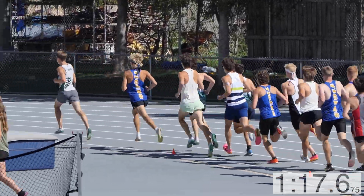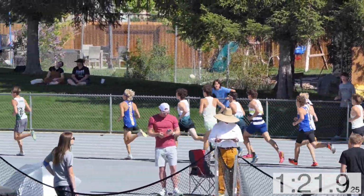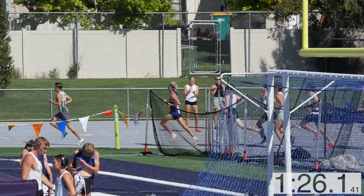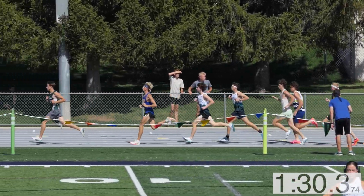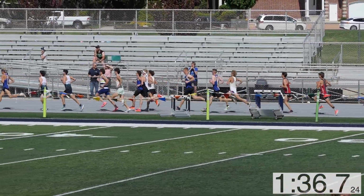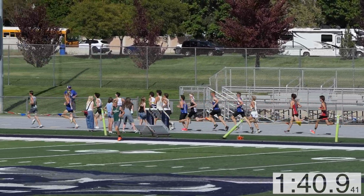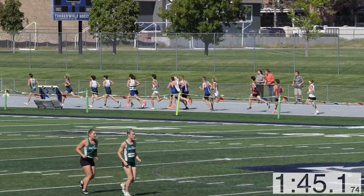Ben is pushing the pace. He's ratcheting it up. In championship style racing, they're looking around thinking, okay, top 4. I just need to take top 4. Time really doesn't matter for this race. If you are trying to go under the state qualifier, it matters, but they're racing here like they're just going for top 4 and banking on the kick that they're going to have at the end. So they're going to go through 600 at 1:43,